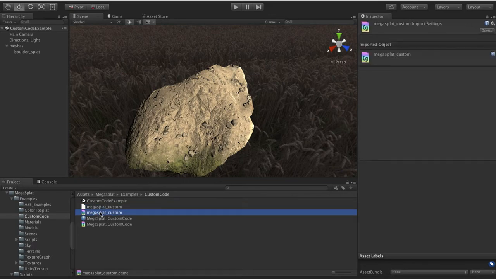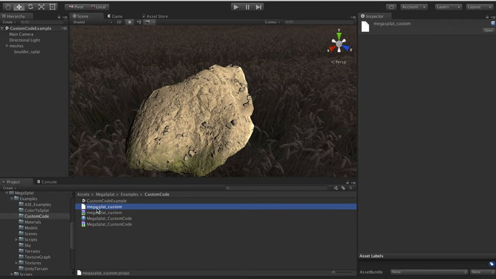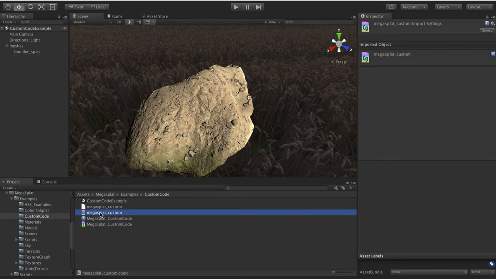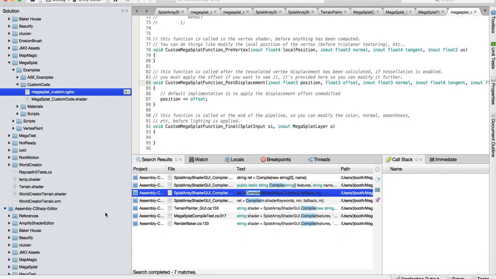So what these are is a CGN is an include file for shaders, and this is where you're going to write your shader code. And then the props file is where you can add properties that will get compiled into the shader when you compile the shader. So let's start by changing this MegaSplat Custom CGN file here. So when we open this up,